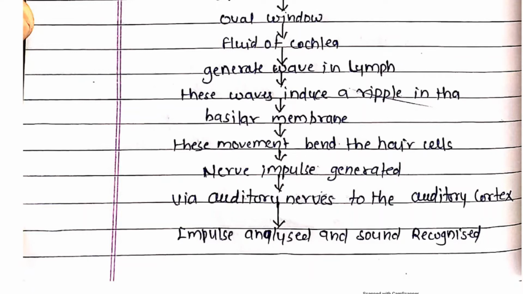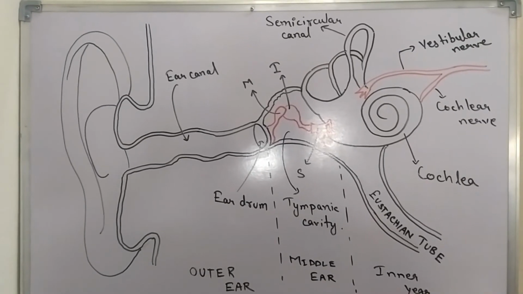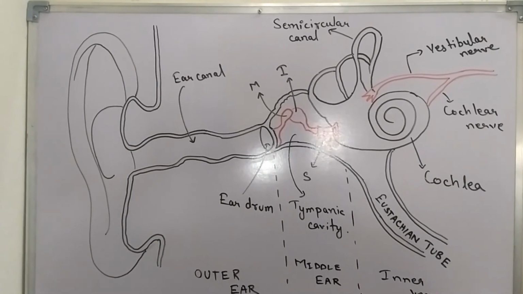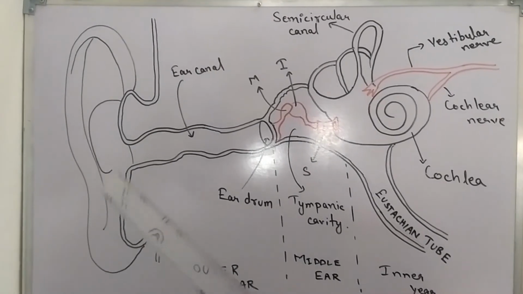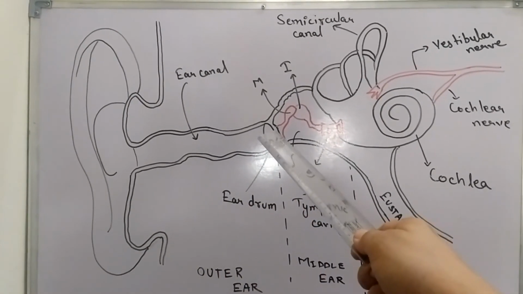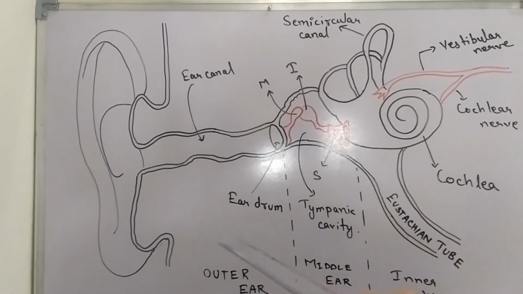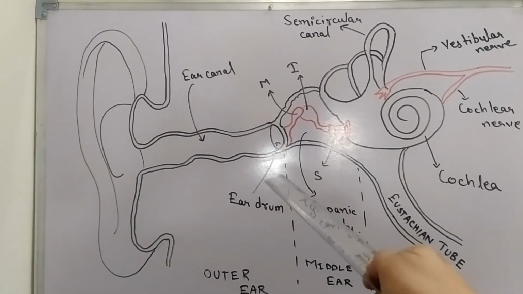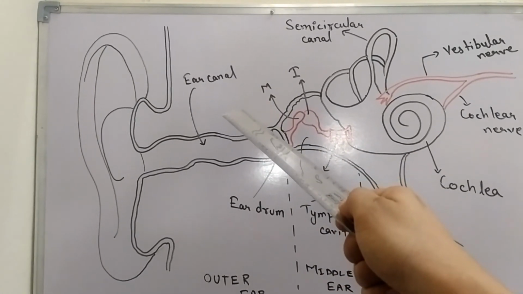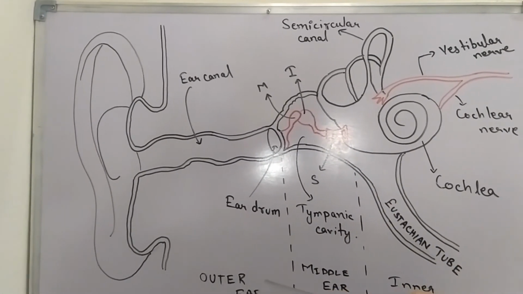So students, this is the diagrammatic representation of the human ear, and with the help of the mechanism of hearing I will explain all the structures present in it. So sound or vibration is collected by the pinna here and transferred to the eardrum with the help of the ear canal. Eardrum is also known by the name of tympanic membrane, and the ear canal is also known by the name of external auditory canal, and this constitutes the outer ear.